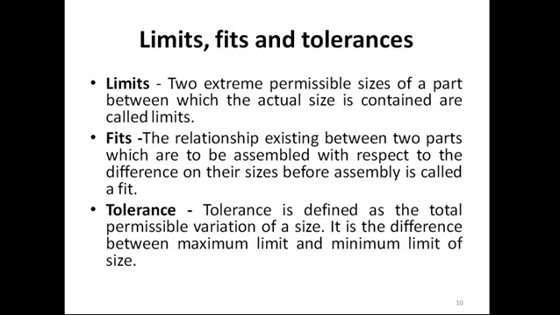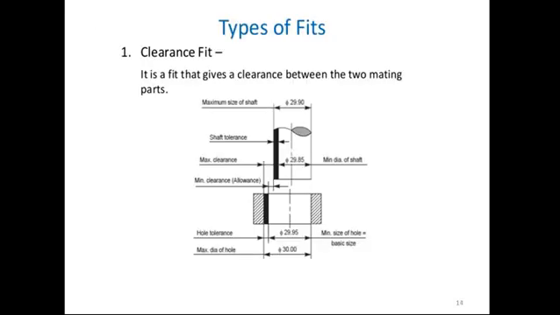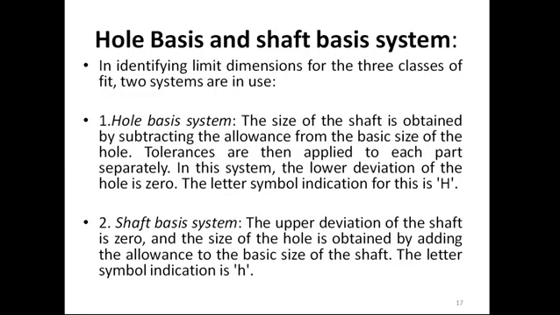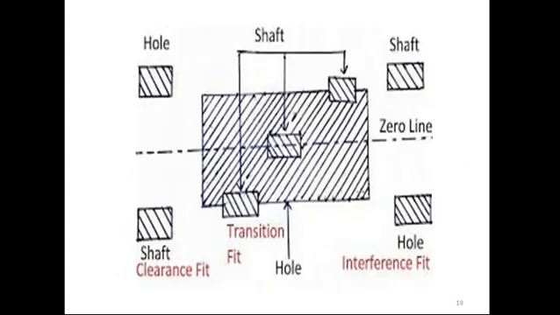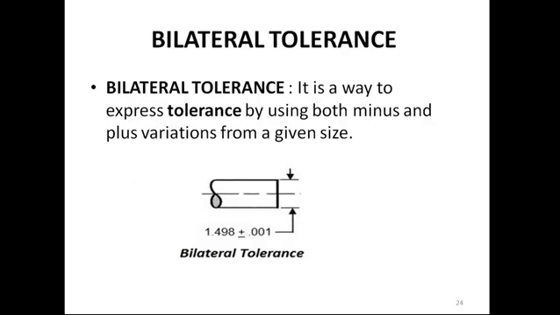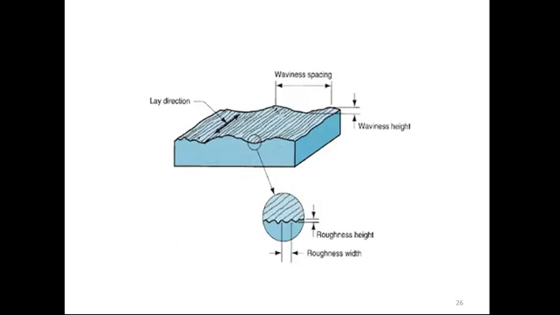Then we saw what is meant by limit, fit and tolerance, and discussed some examples, like clearance fit, transition fit and interference fit. We also saw the hole basis and shaft basis systems. Then what is meant by unilateral and bilateral tolerances, what surface roughness is, why it is important, and how it is measured,